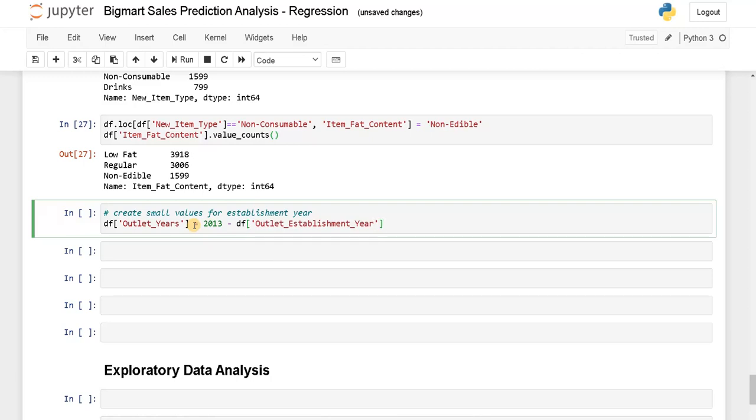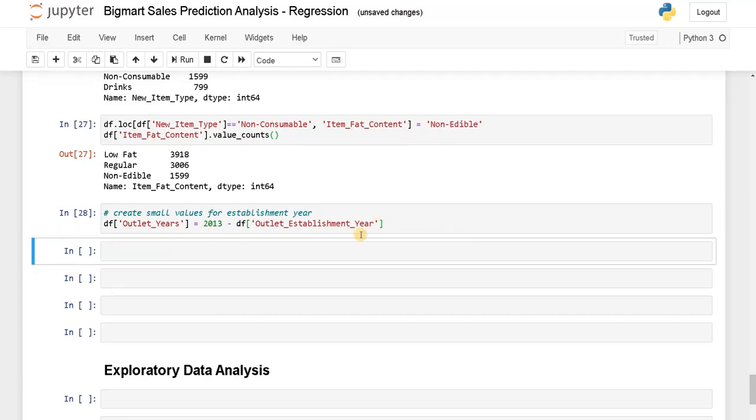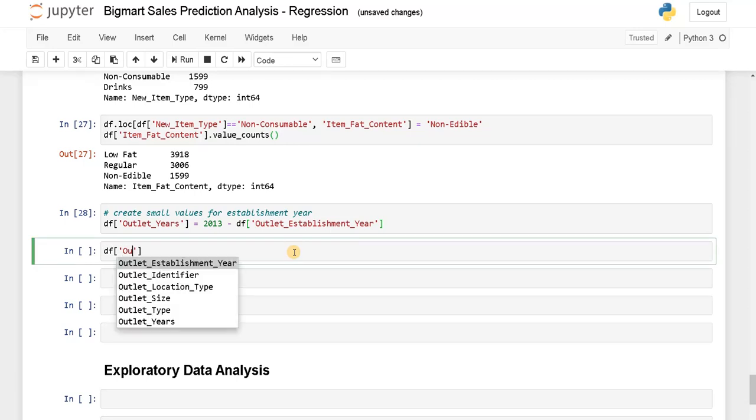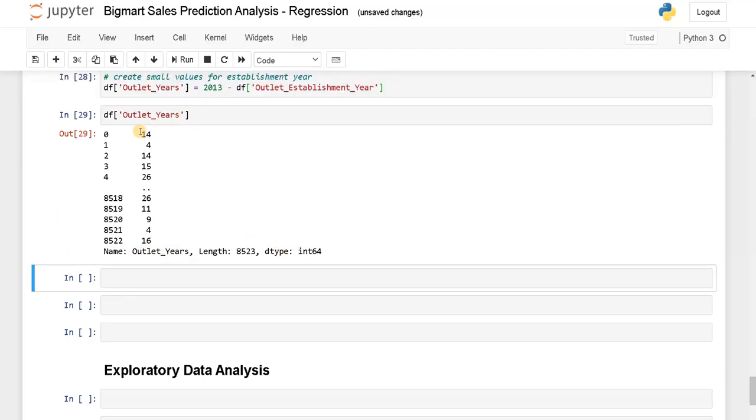So currently I'm using 2013. If the data set is collected in 2020, you use the corresponding value and you will get meaningful values as the output. Okay, let's run it. Now the values are created. Let's check the values. Outlet years. Now the values are small, so the model performance won't be affected by this.